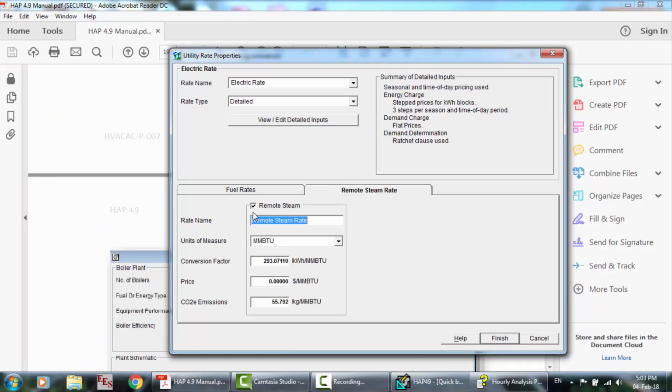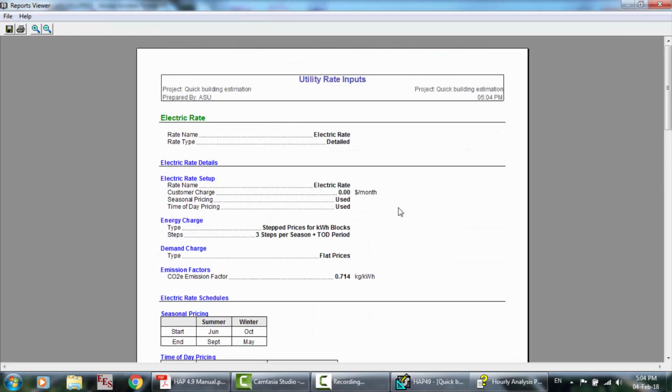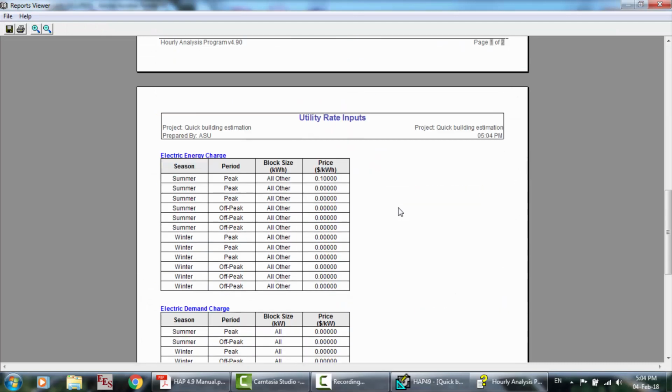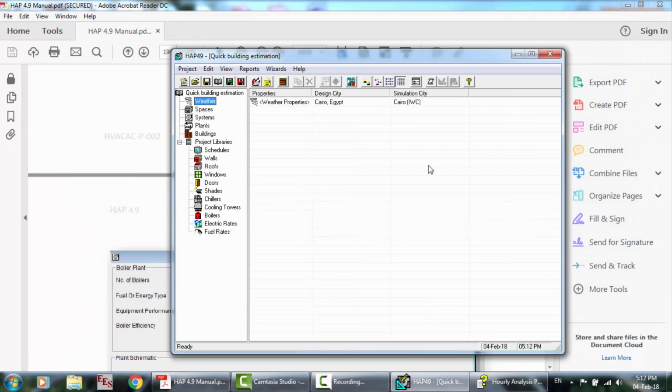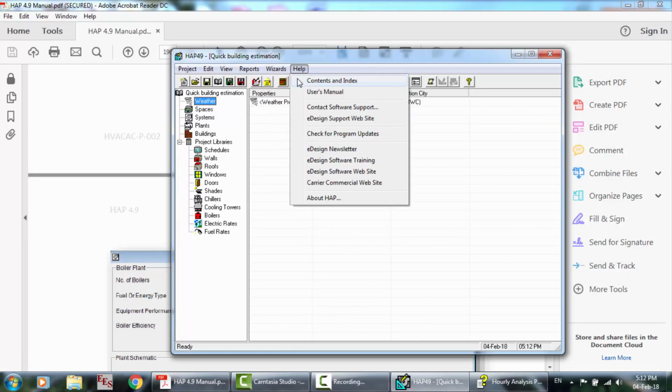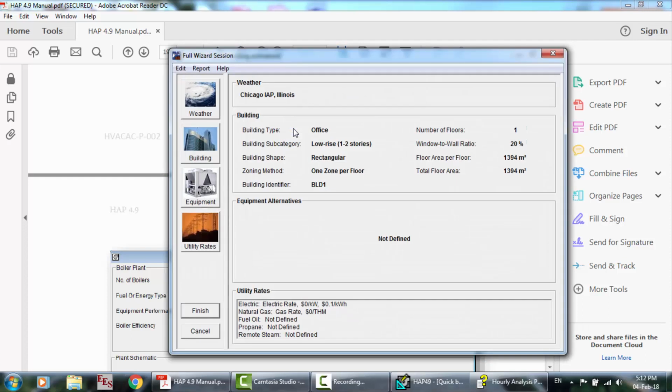Also, we have here the remote steam rate. If you have a remote steam rate, you can use also the units of measure and conversion factor and the price and CO2e emissions. If you don't want this, uncheck it. Okay, so after these things, you can click finish, and we have here the utility rate inputs in detail. So now, gentlemen, let's run a quick wizard